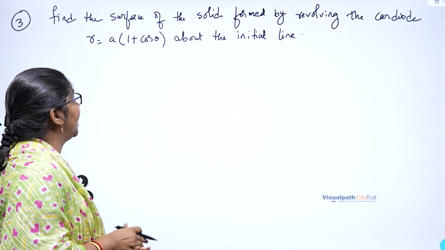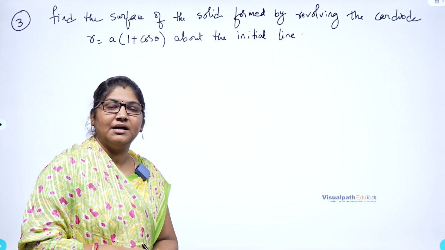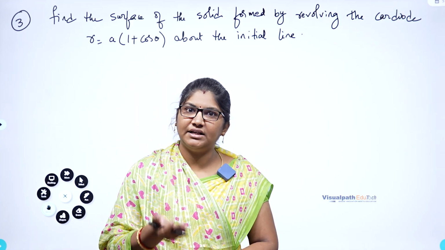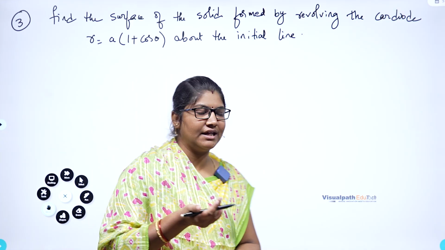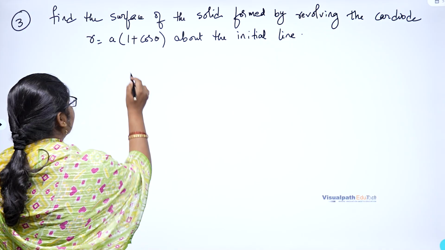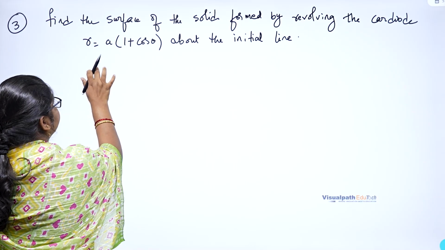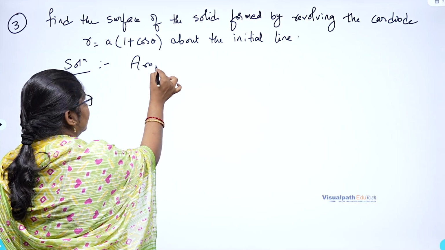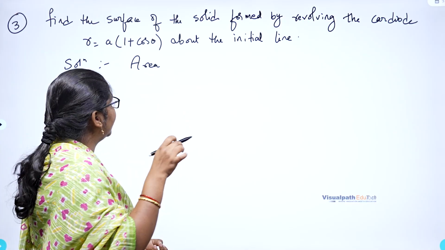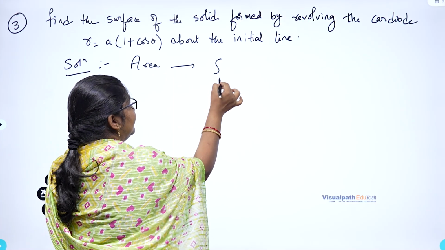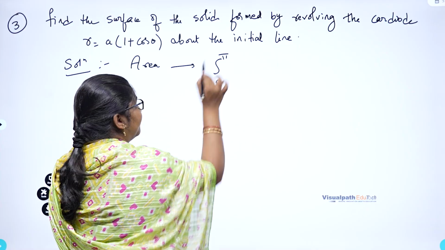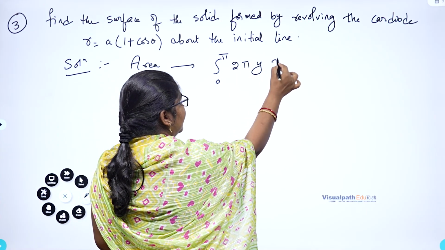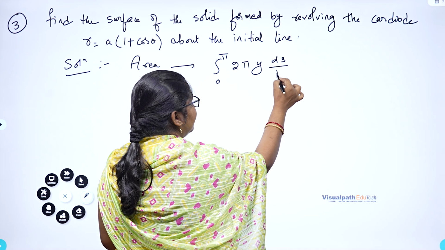r is equal to a into 1 plus cos theta. Here the question is given in terms of r and theta. What will be our area? The area of this cardioid will be the integral from 0 to pi of 2 pi y ds by d theta